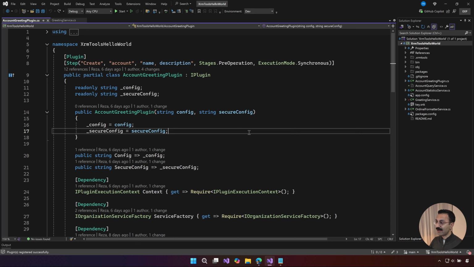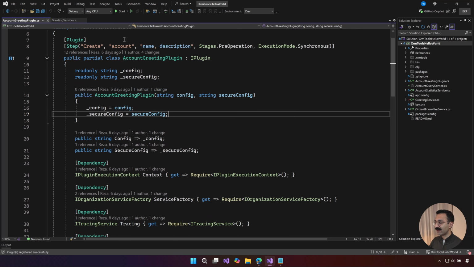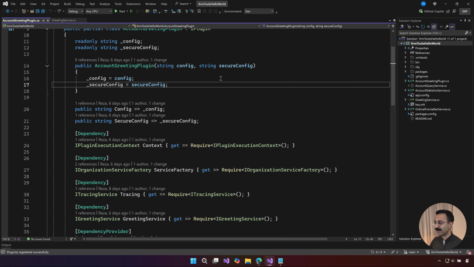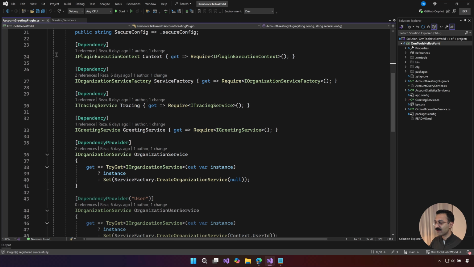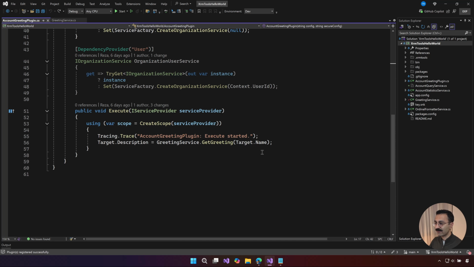As you can see, I have our plugin open in here. This is the same Hello World plugin. We have added registration attributes previously and we enabled code generation along with dependency injection. Then we have our logic to generate a welcome message for newly created accounts. We have this message coming from a greeting service, which depends on two other services, account statistics, which counts the number of accounts, and ordinal formatter, which is formatting it as an ordinal number.